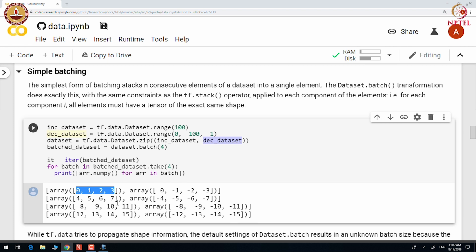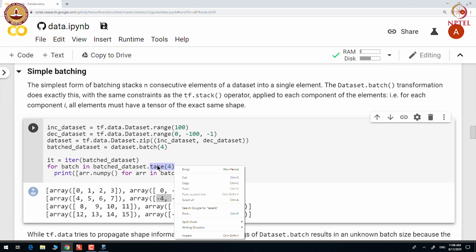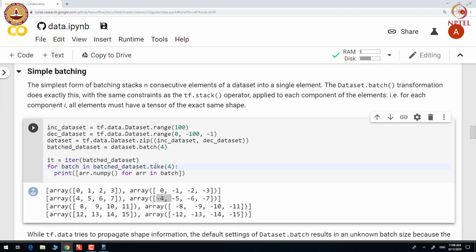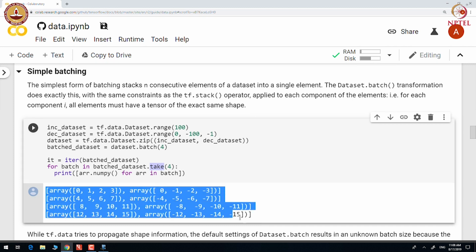The second element starts at 4 for the INC underscore data set, whereas for DEC underscore data set it starts at minus 4 and goes up to minus 7, and we print first 4 elements by using the TEC function and using 4 as an argument to the TEC function. We print first 4 elements in the batch.